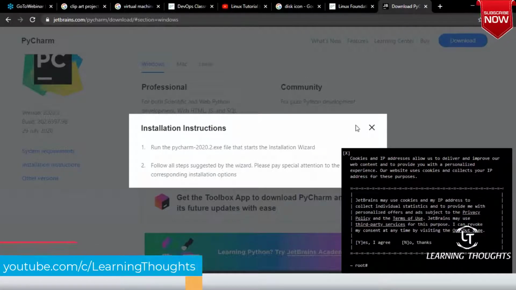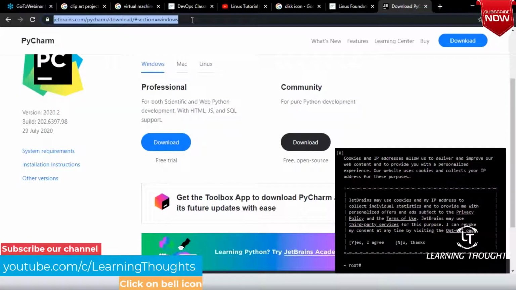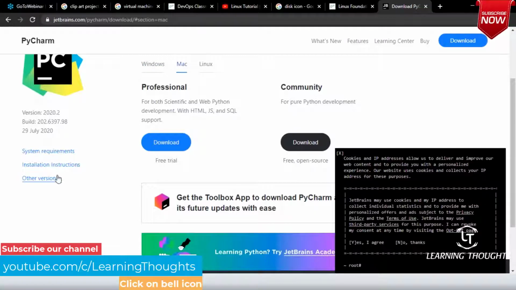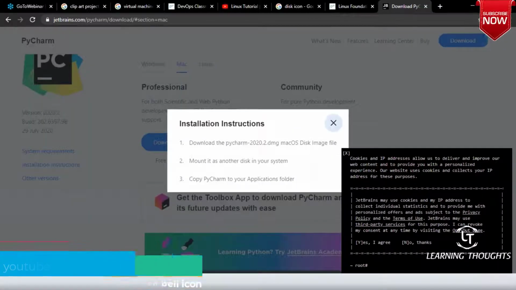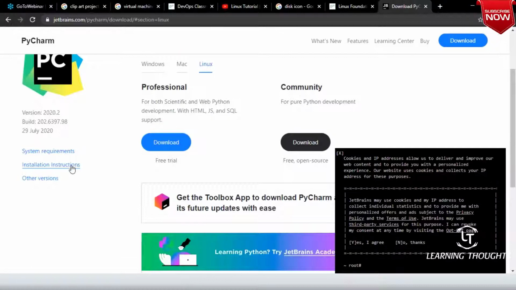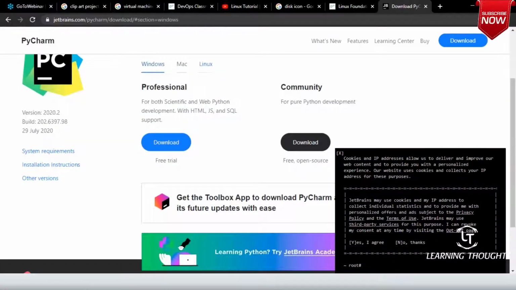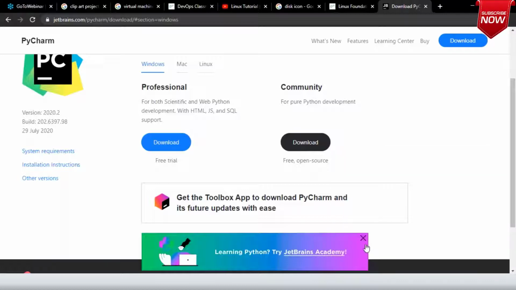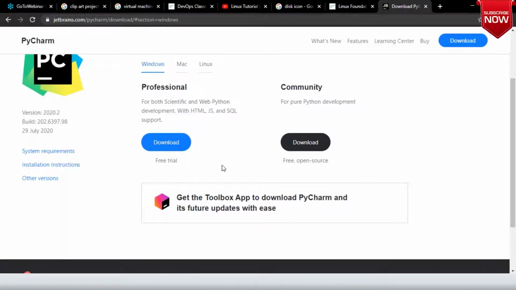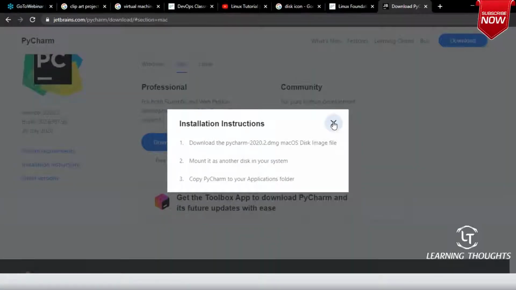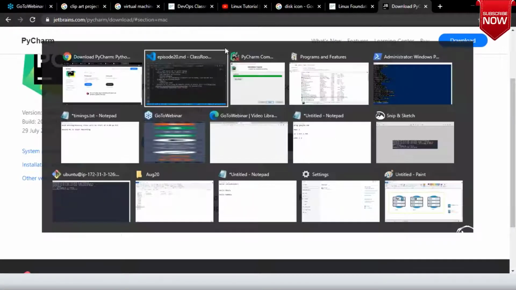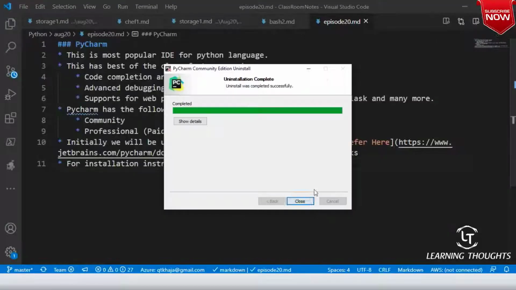You would have installation instructions over here. If you click on any of them, I'm not going to show you all of that, but are you seeing there are installation instructions for everything? If you select Windows, it will show you the Windows instructions. If you select Mac, it will show you the Mac instructions. I'm not going to get into every one of that.